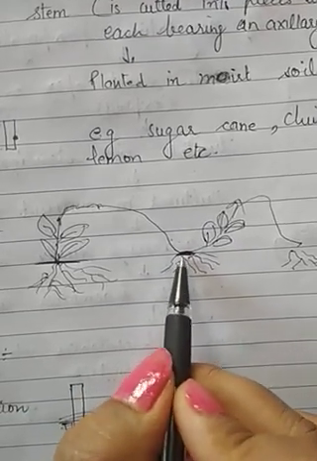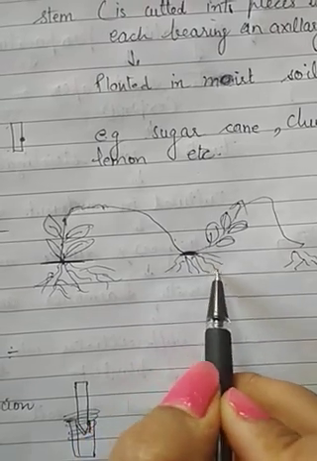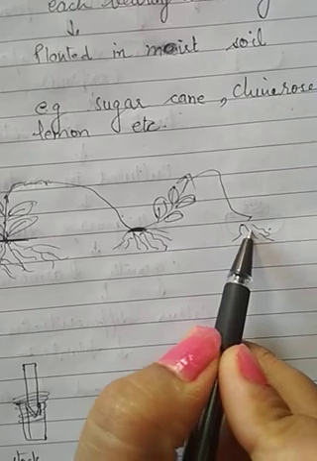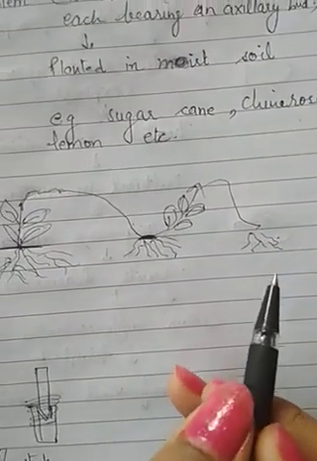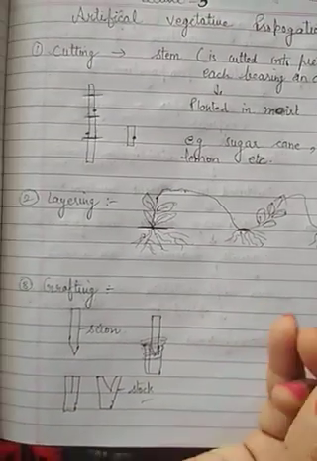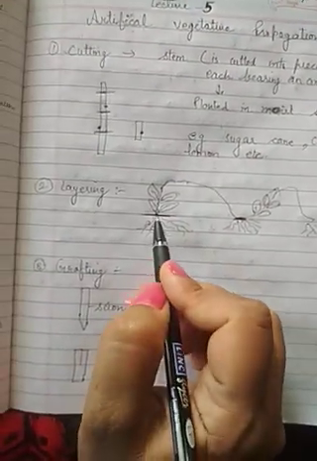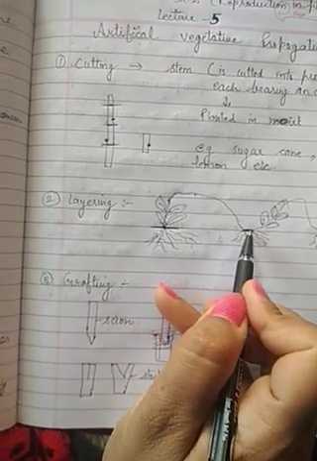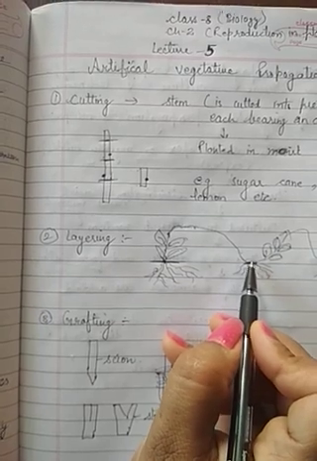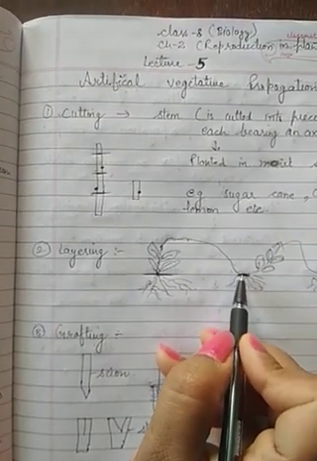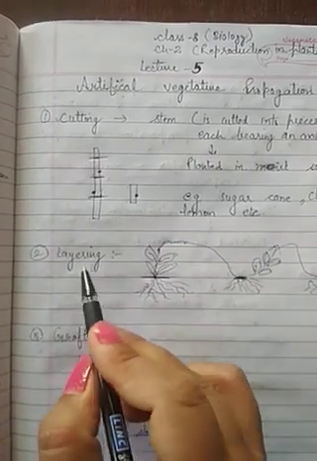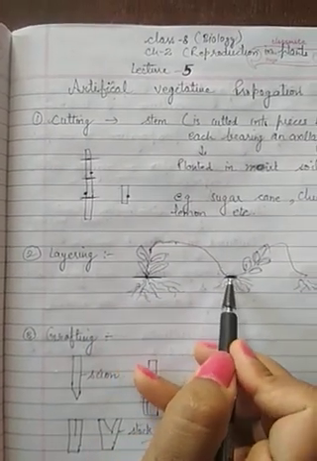Now from that part the roots start developing. Again there will be growth. Again we put that part into the soil. I can give you the example of mint. Mint means pudina that we use at home. Rose is there, jasmine is there. For this type of plant, we just take the stem of the plant and put it inside the soil. When we are putting that part inside the soil, we remove the bark from that part for the easy growth of the plant. So we are making the layers of that plant.